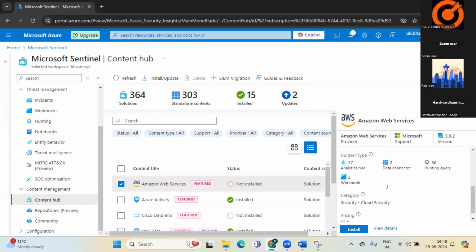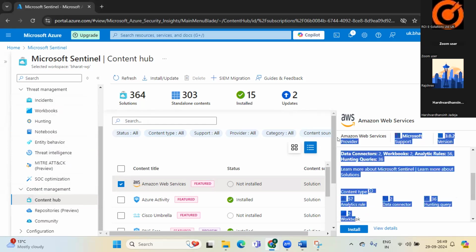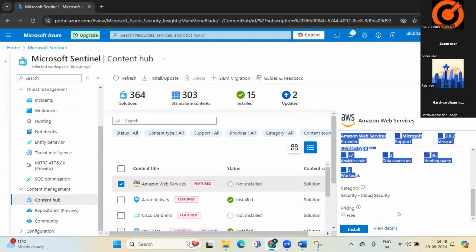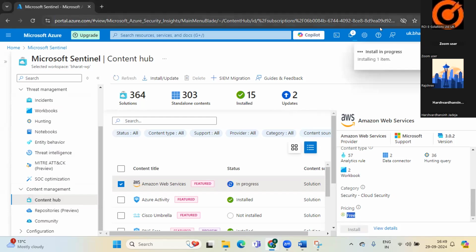So see here, you can say that it is showing the same information, right? And pricing is free. Microsoft has removed any charges, but it will charge only the log ingestion, right? So what I'll do, I'll just click on install. It will take some time to install